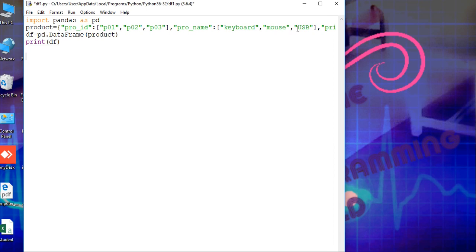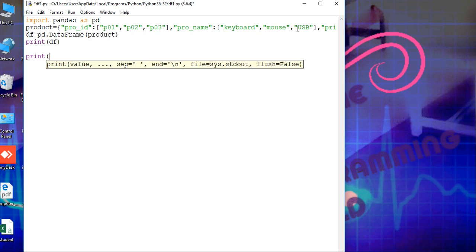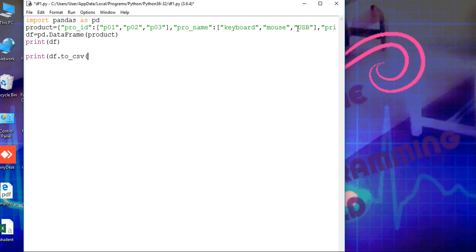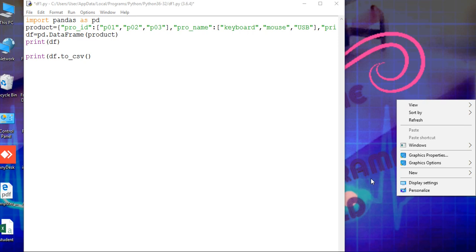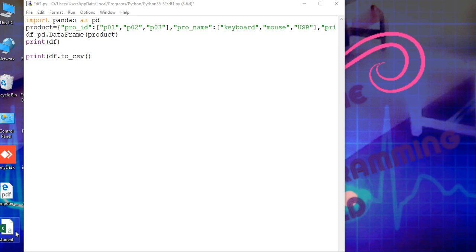Now use here, not pd, use the data frame name df dot to_csv and type here the path where you want to save your file. Now we save the file of the data frame on the desktop.